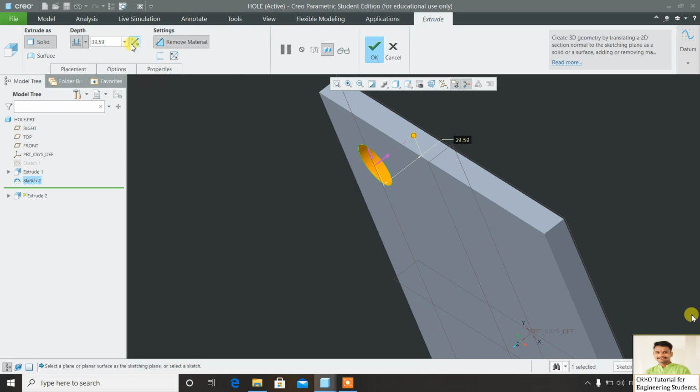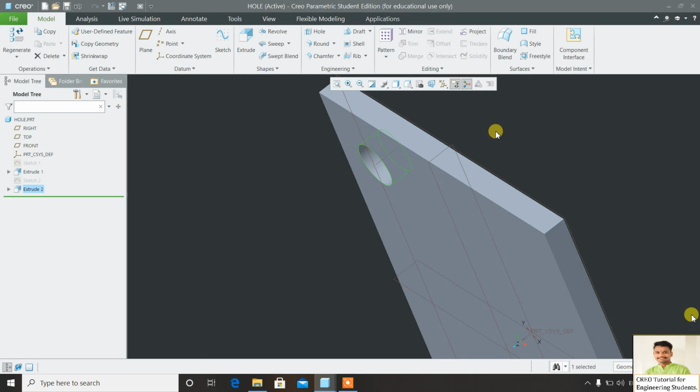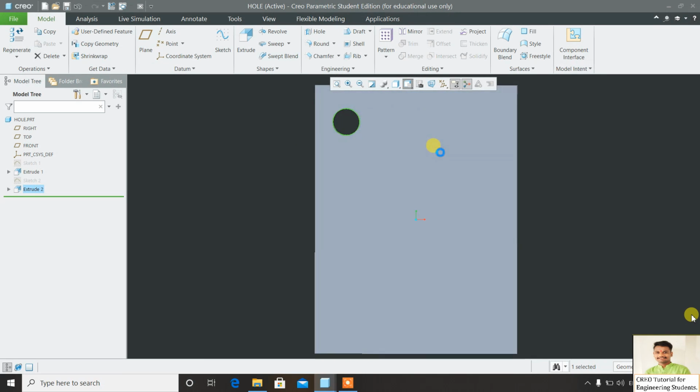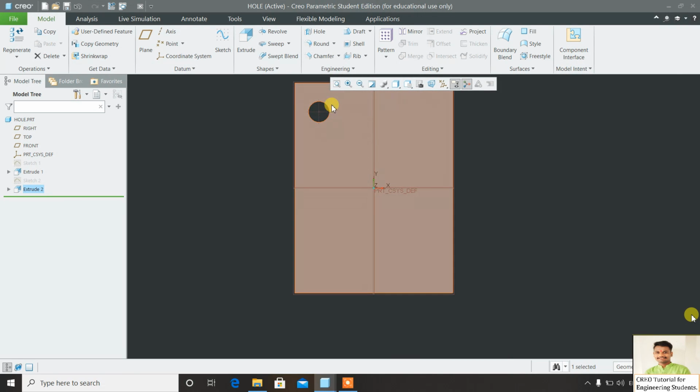Then I will give the depth, that is 25, and remove material. Don't forget to click on remove material. Whenever I click on remove material, the material gets removed and my hole looks like this. This way I have created the hole.